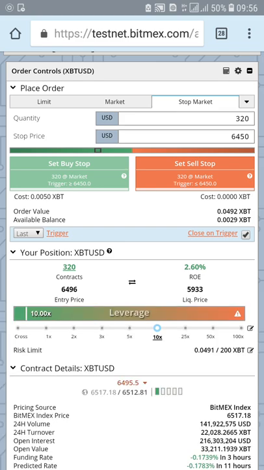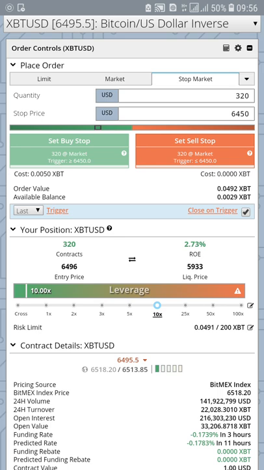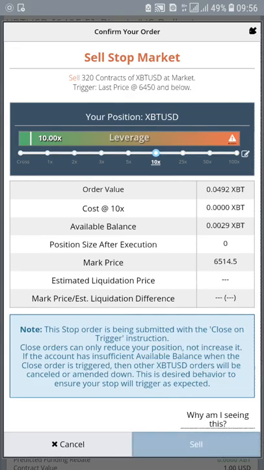You can set stop loss in different stages; you can split your contracts and set your stop loss. You can decide to set stop loss for 300 contracts now and 20 later at a different price. You can set stop loss for 150 and 170 later. You can set stop loss now at 6450 for 100 contracts, and then 6400 for 220 contracts. But I'm going to be setting stop loss for the entire 320 contracts at 6450. So I'm going to click on set sell stop,